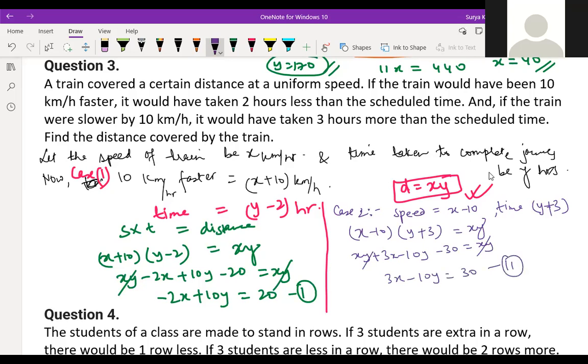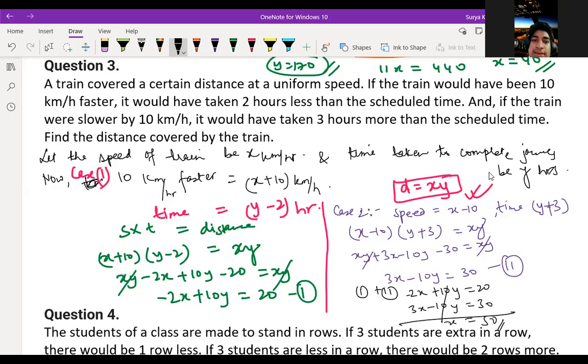So here you can solve easily. If you just add, you'll get the answer. How? See, I'm doing it over here: first plus second. Minus x plus 5y is equal to 10 and 3x minus 10y is equal to 30. Multiplying the first by 2, we get minus 2x plus 10y is equal to 20. On adding, y gets cancelled and we get x is equal to 50, right? Then y you can put anywhere, you'll get the answer. So x is equal to 50 and y is equal to 12.